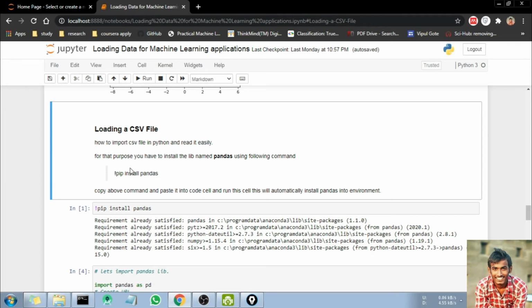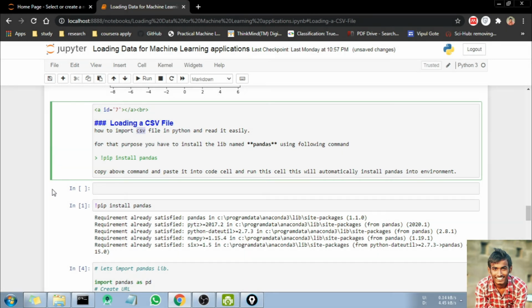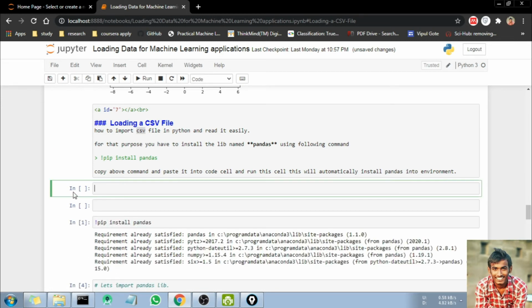Okay, so now for that we are going to use the pandas library. Pandas is a very basic library for data wrangling. To install pandas, if you haven't installed it, copy this command and take a new cell. See here, when this left-hand side bar is green, and when it gets blue, type B on your keyboard. It will insert a new empty cell below this block.